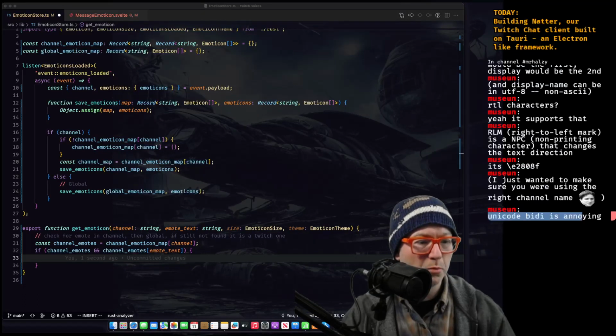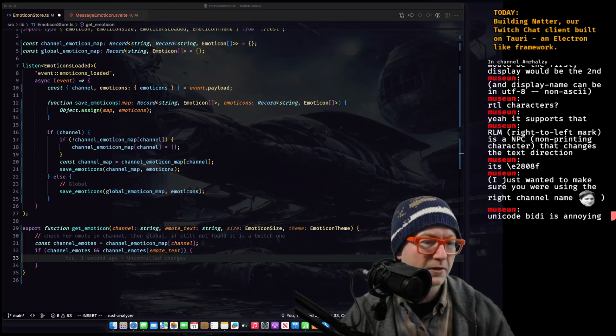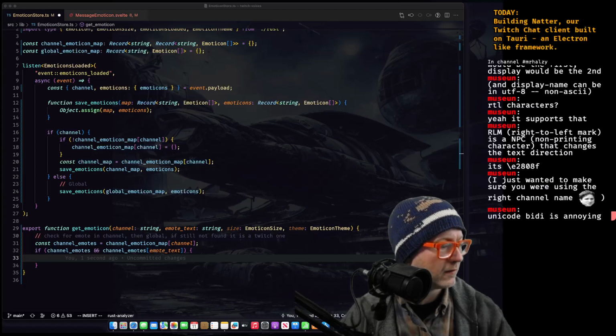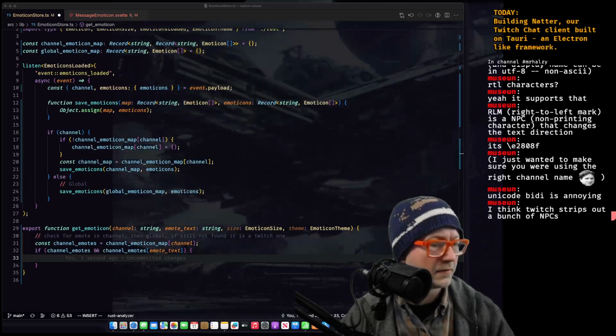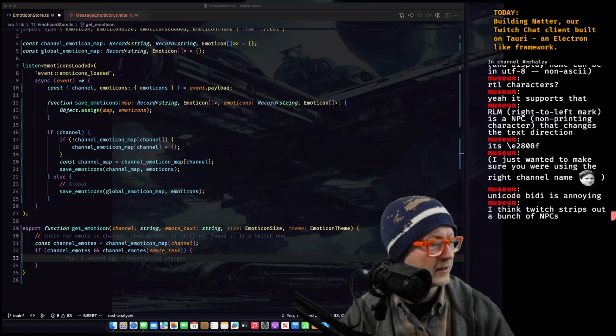They could actually go back and then add text in a previous message, if you will. Oh, they strip it out. That's perfect. Okay.